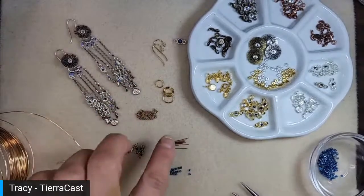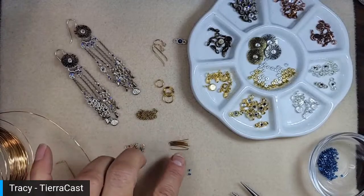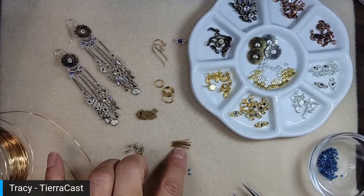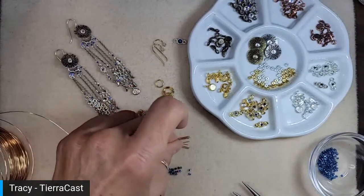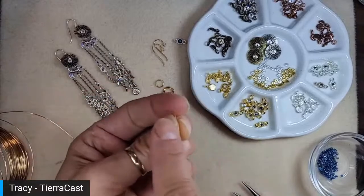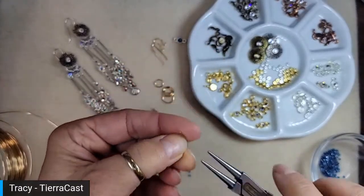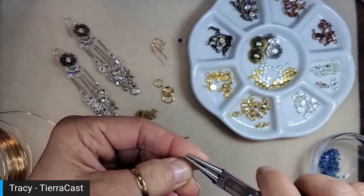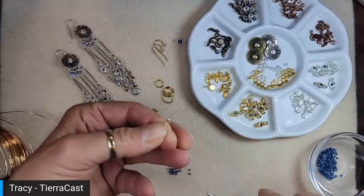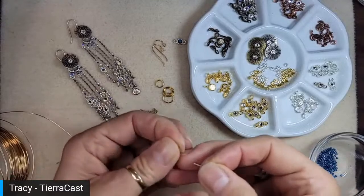So the first thing I did was I cut, for each earring, I needed 15 of these little links. So I cut a bunch of little pieces of that wire, 5/8 inches long. And then to make my little links, I fold it about 1/4 inch. And you know me, I'm not really measuring precisely. I've done enough of these where I can kind of estimate it. My little pieces of wire are 5/8 inches long, and I fold it about 1/4 inch and make a little simple loop there. And then string on